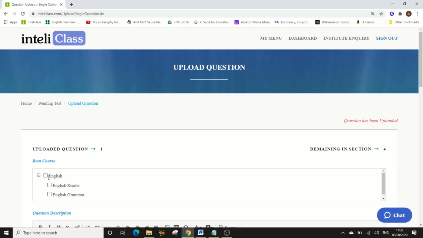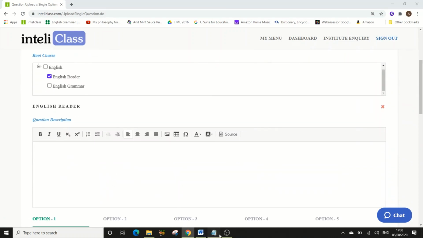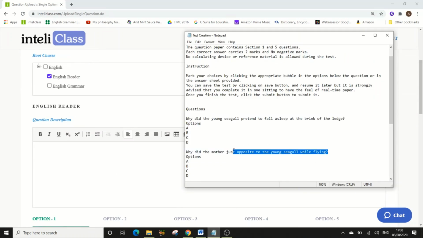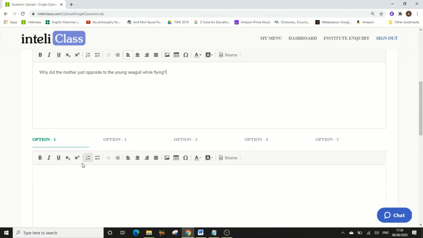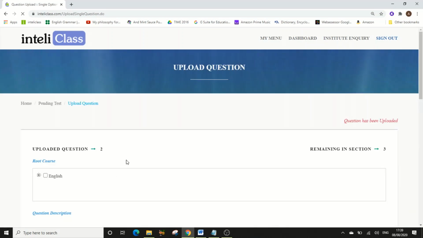Again I will go for selecting this, and now I'll quickly complete my question paper by simply copy pasting here. I just want to demonstrate how it works, so I'm not going to speak much. I'm going to simply keep on adding because there's repetition. I just want to show you how it's going to work. That's why I want to demonstrate it with at least 5 questions.